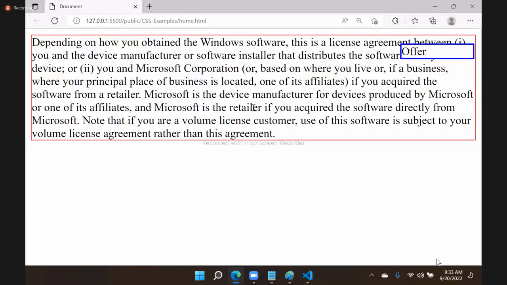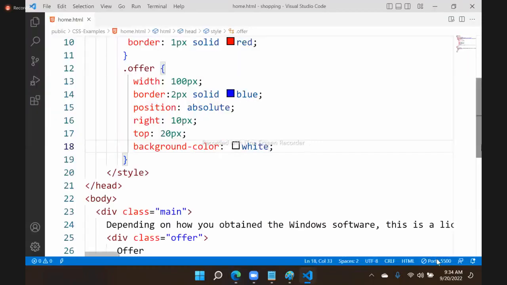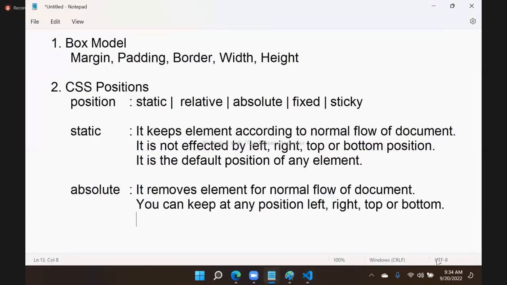Now important is, what is absolute? Absolute means remove element from the normal flow. After removing element, place where they want. So that means top, left, right. But here one problem is there. The nature of absolute is that absolute will attach the element